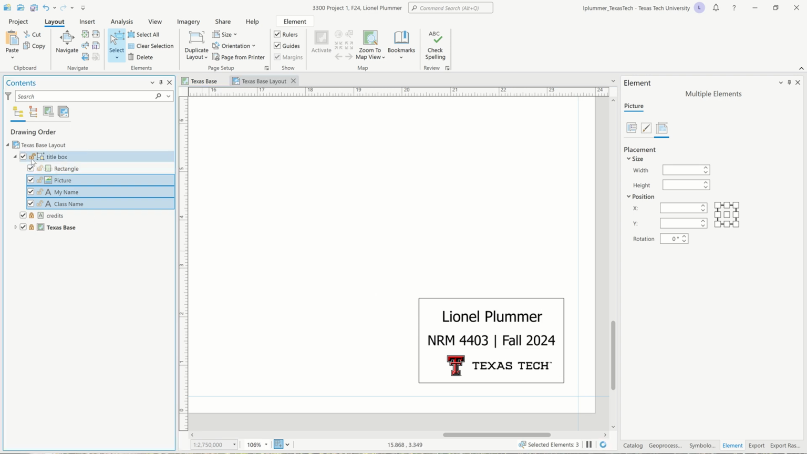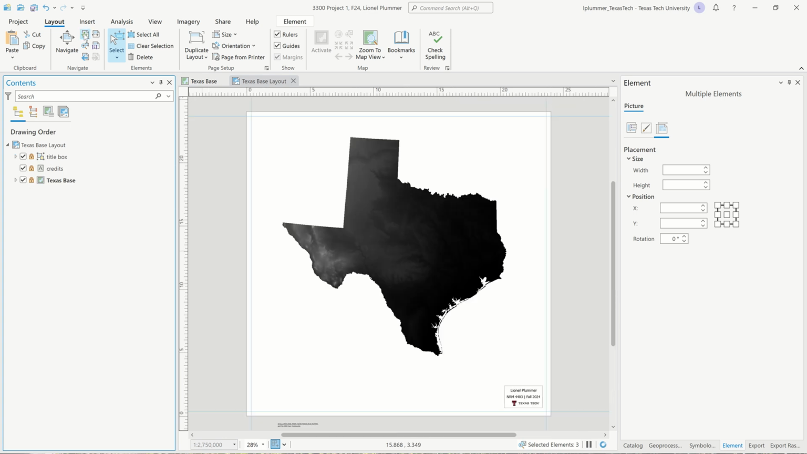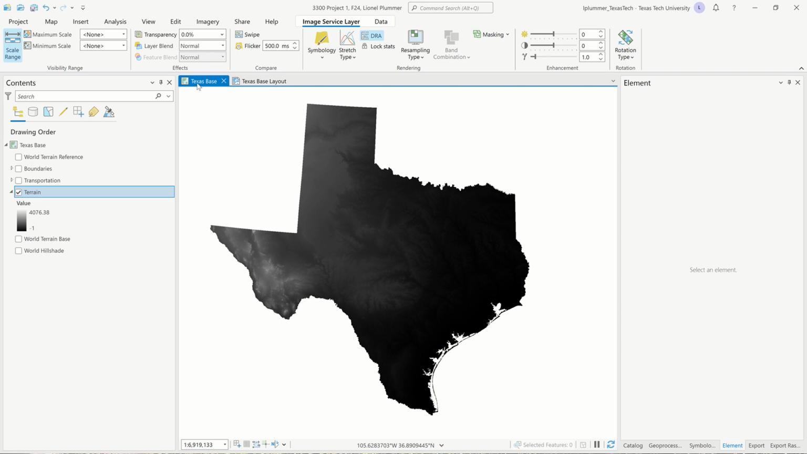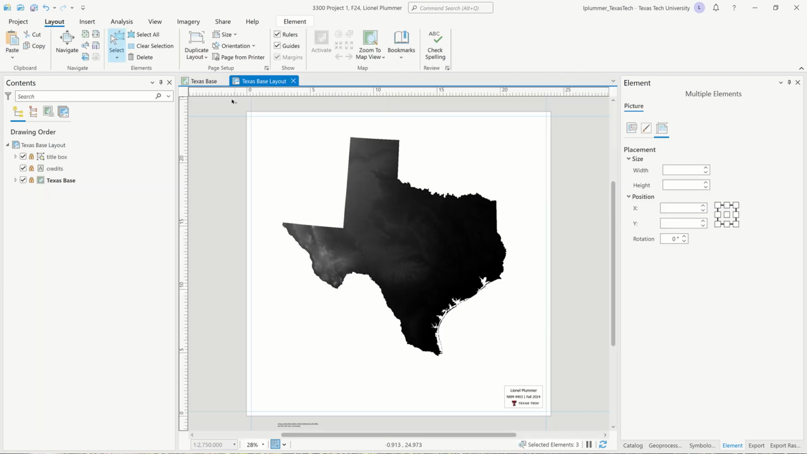Okay, so now we're gonna lock that up and close that up and zoom out. So we were working with the streaming terrain layer, okay? And we are now going to make from our Texas base, because this template is done and now this template is done, okay? So now what we can do is right here under catalog,